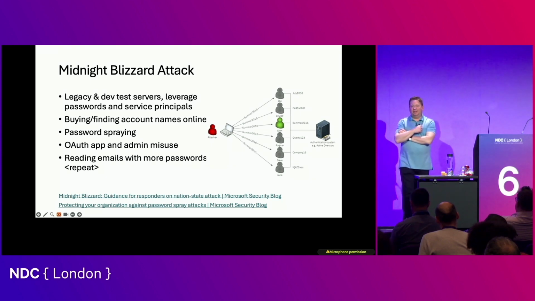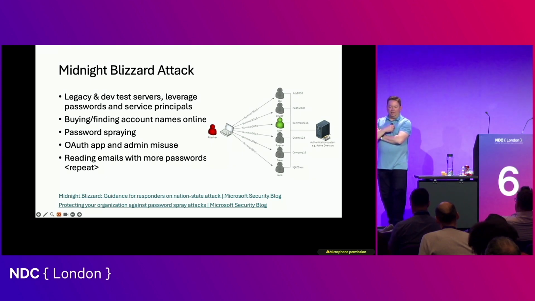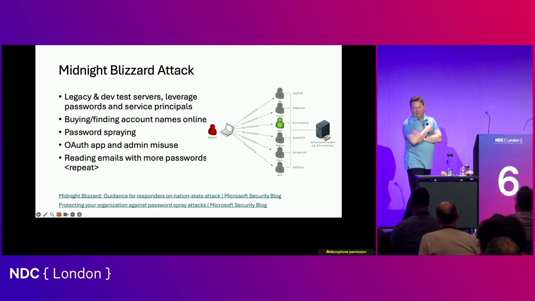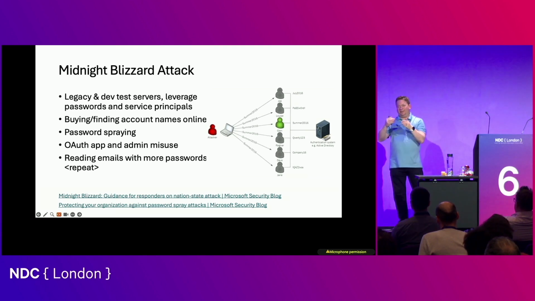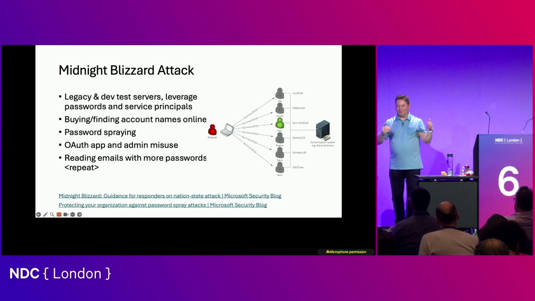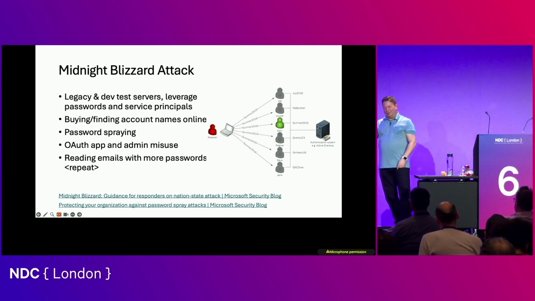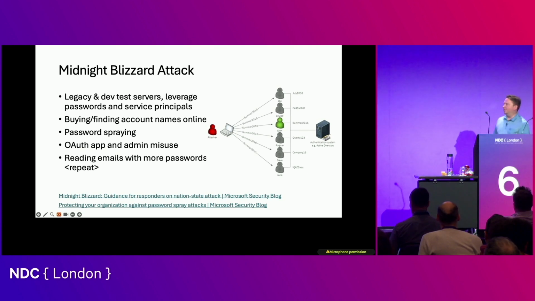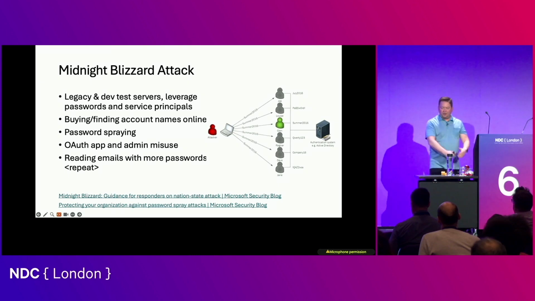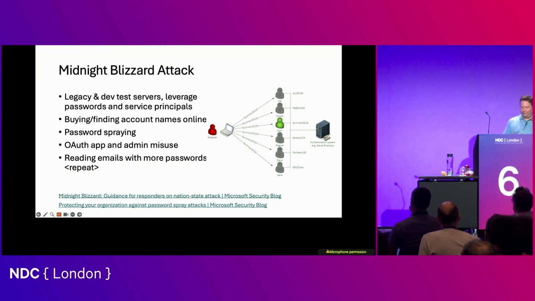So they were able to hop from these dev test things that we weren't thinking about to the networks that had the important prod things, use these OAuth apps that basically had admin, and off they went. And it was kind of like, I don't know, Settlers of Catan or something. So they attack one settlement, and then they get some passwords and some emails and some more information, customer support information, and they go to the next one and attack the next one. So this was an awful attack. We unfortunately learned a lot the hard way, but we're going to come back stronger. I'm going to teach you how to deal with this kind of stuff.